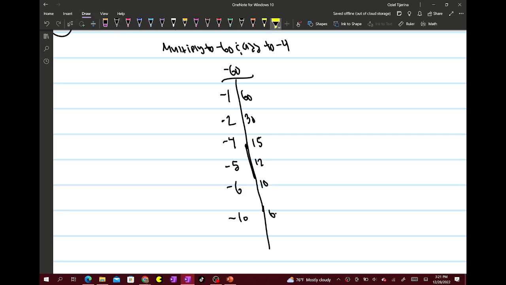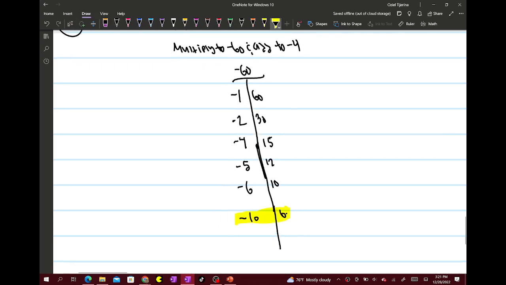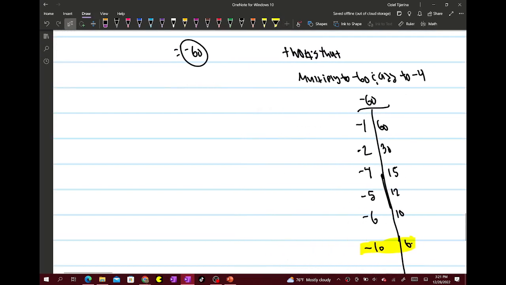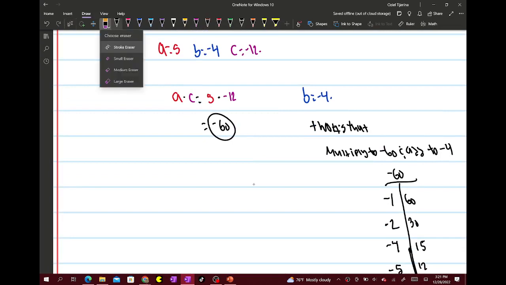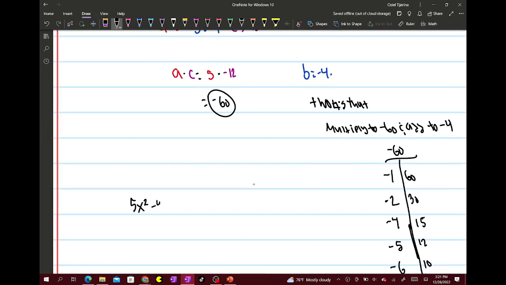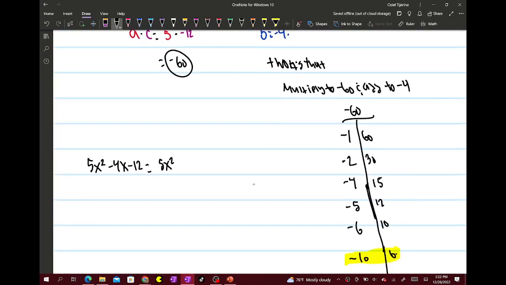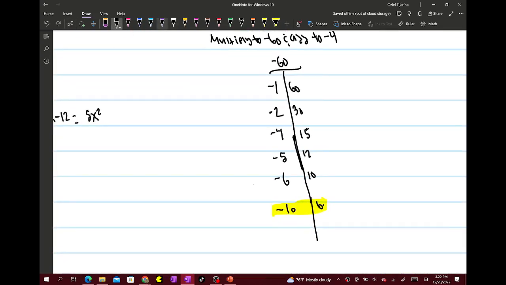So obviously, if you look at all of these, this one is the one that adds to -4. So we can say the following. 5x squared minus 4x minus 12 is equal to 5x squared, and we're going to use this part, so we're going to say minus 10x, and then we're going to use this part plus 6x,